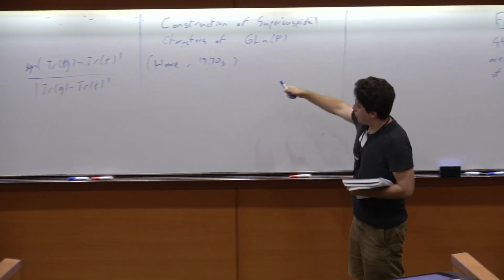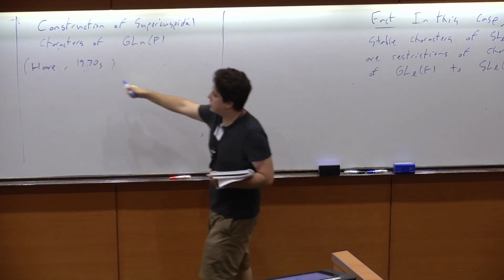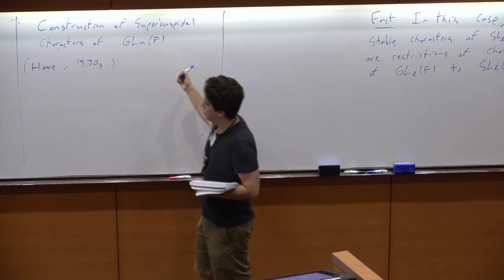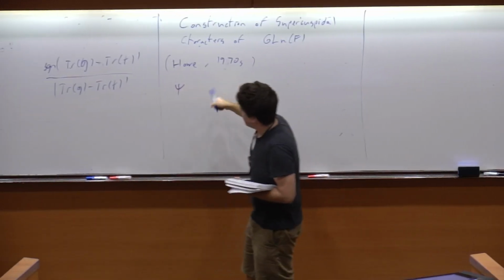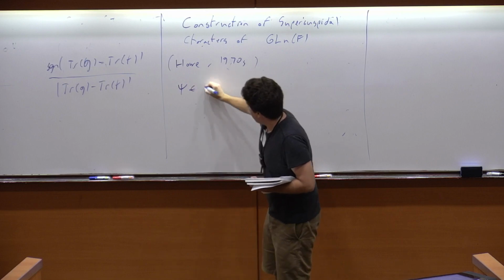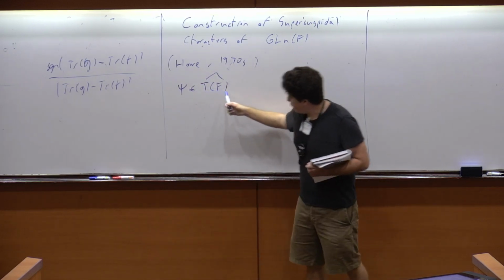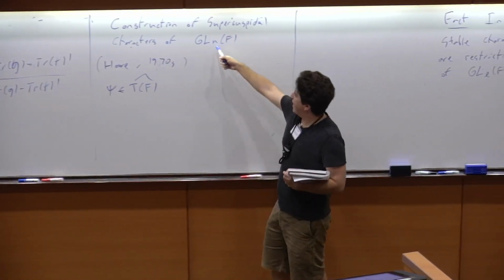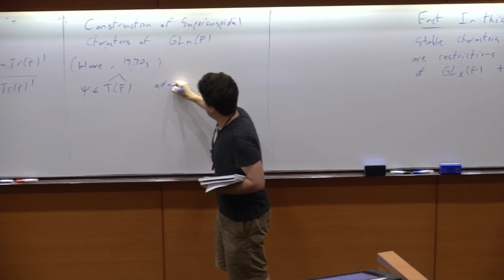So I'm going to talk first about Howe's construction and then relate it to Yu's construction, because we need to use Yu's construction method to use the character formula. But what Howe showed is that exactly as we have, anytime you have some character of the torus, of a maximal elliptic torus of GLN, let's say that it's admissible,